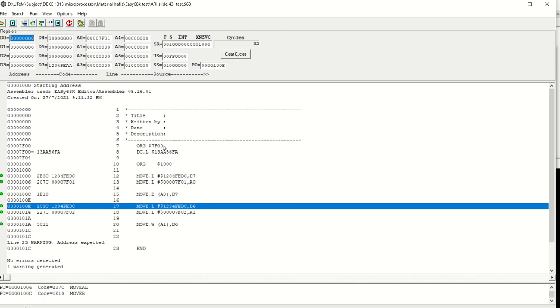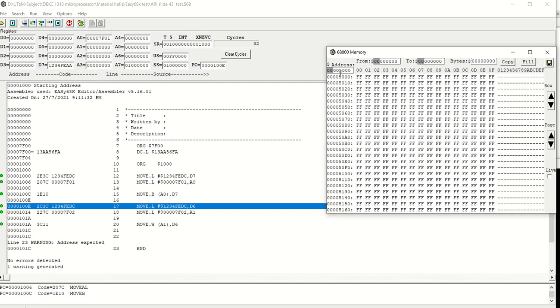To see the content of the memory at 7F00, you need to view the memory, changing the address here to 7F00. Then you can see 13 AA 56 FA, the content of the address location 7F00.